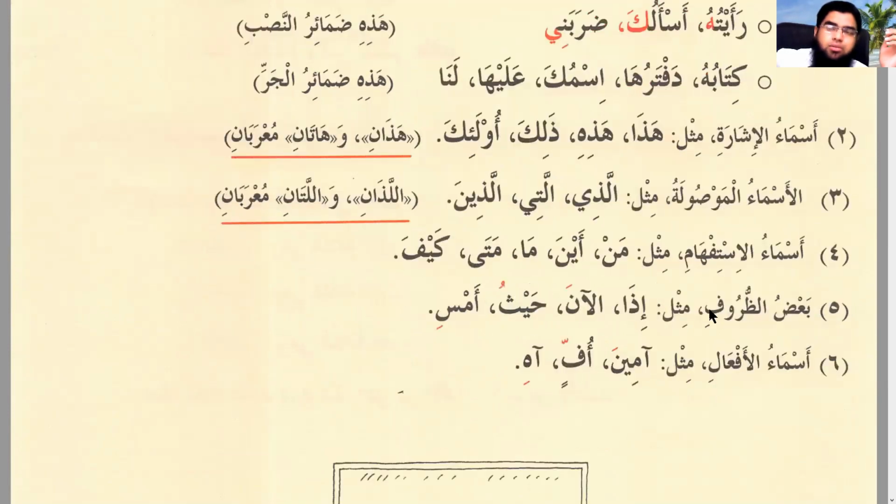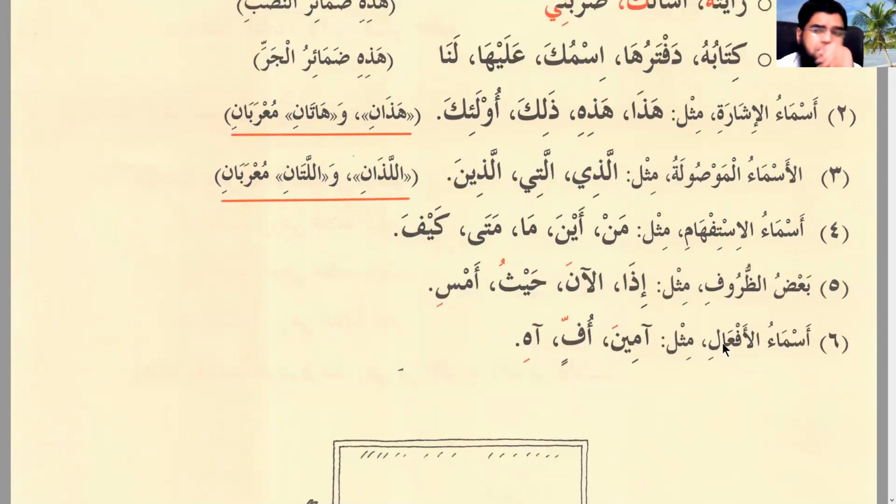Ba'du zuruf, some of the adverbs also: haisu, iza ja nasrullah, al-ana, now. Haisu, wherever. Ittaqillaha haythu ma kunta, fear Allah wherever you are. They are mabni, haisu. It never becomes haisan or haisun. Amsi, yesterday, amsi is always with kasra. Asma'ul af'al, some nouns which give the meaning of verbs. Amin, uffin, very few these are. Ismul fi'al they are called. Ahi is used for pain.